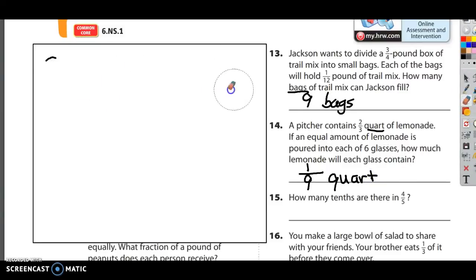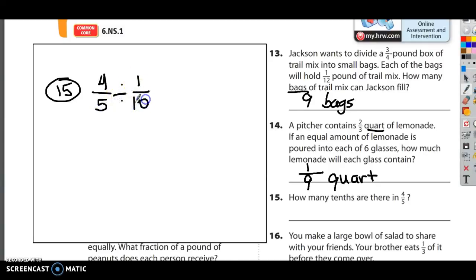Number 15. 15 reads, how many tenths are there in 4/5? That means 4/5 divided by a tenth. This word right there is this right here. This is tenths. So I'm going to do the same thing I did on all the other problems. I'm going to multiply by the reciprocal. I could multiply. 4 times 10 is 40, and 5 times 1 is 5,